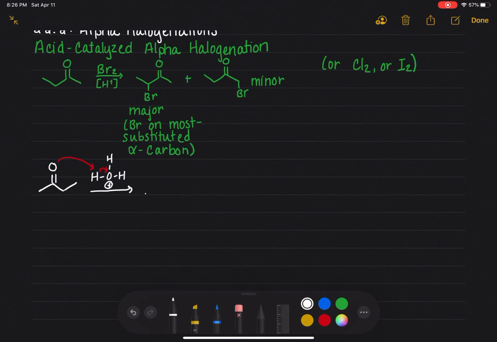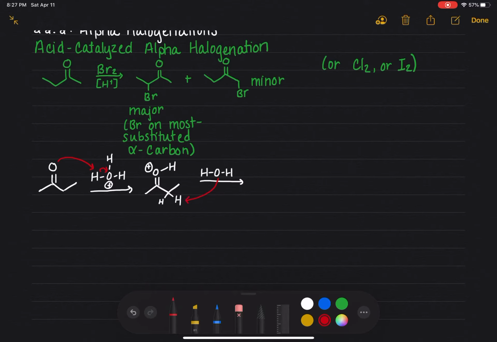So our first intermediate looks like this, with the hydrogen on the oxygen and a full positive charge on the oxygen. And then we're going to draw in a couple of alpha hydrogens so that we can work with them. The next thing that happens is water, which is left over from the first step, is going to deprotonate